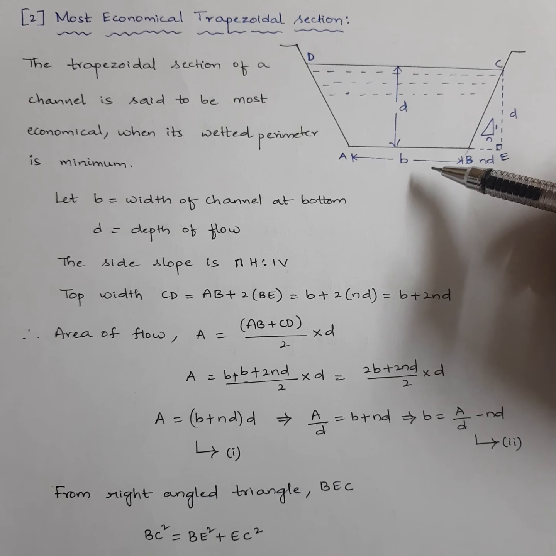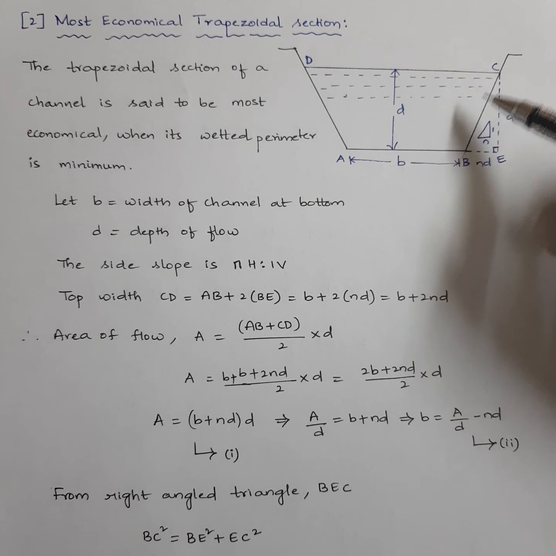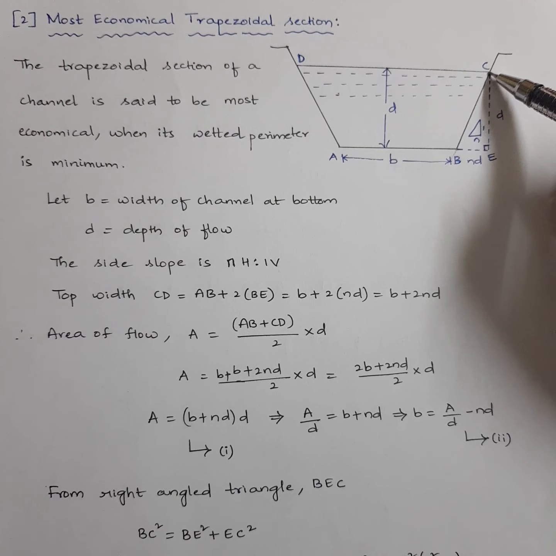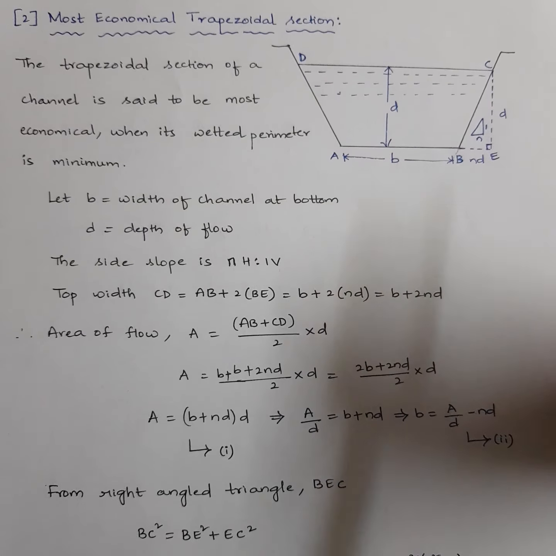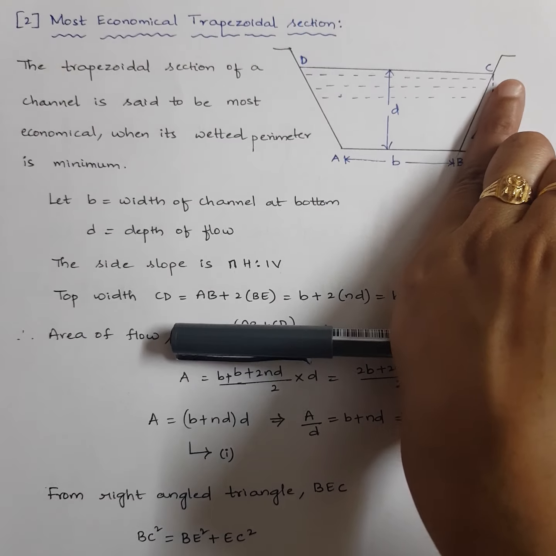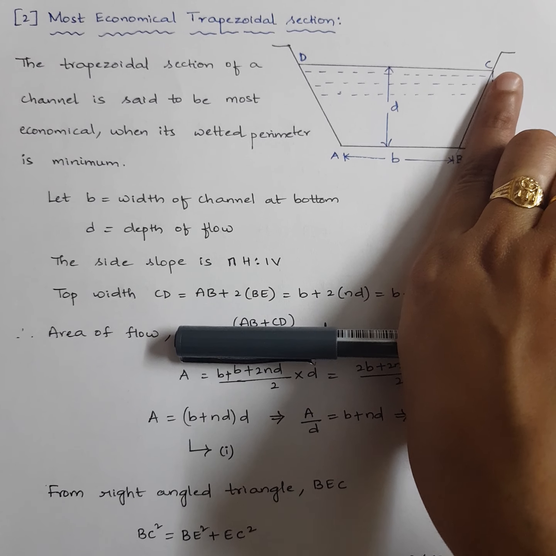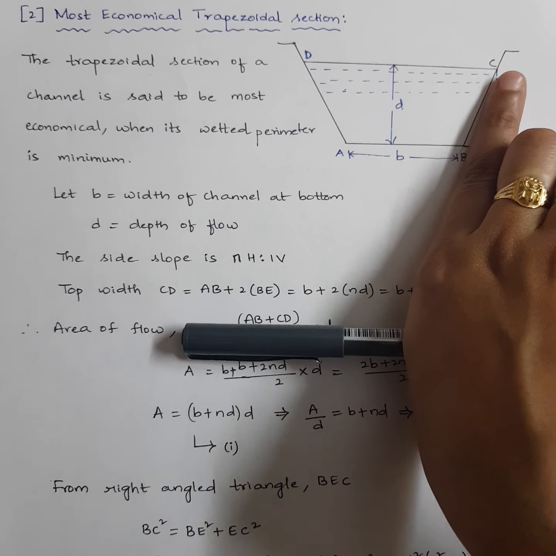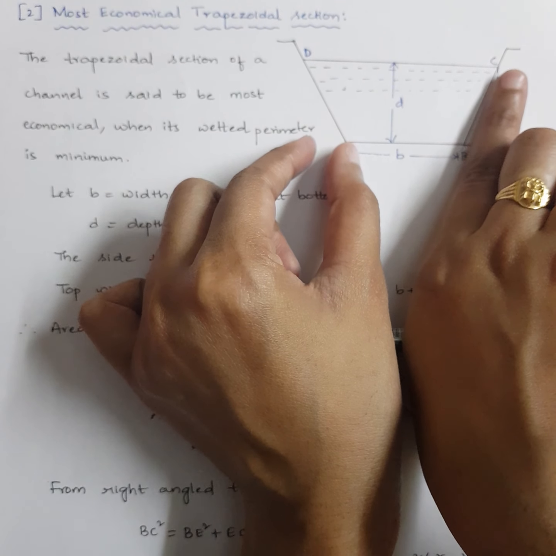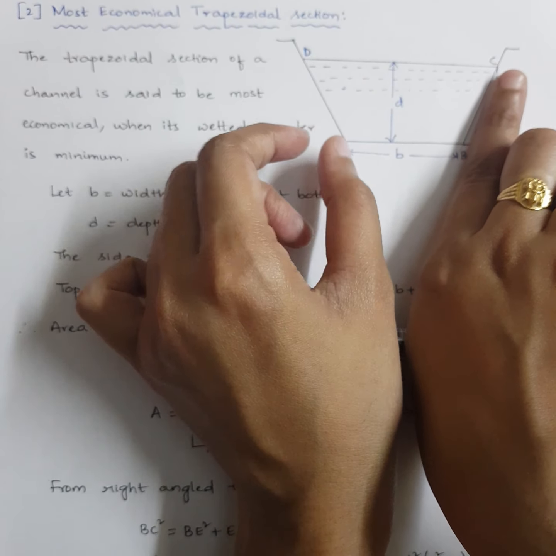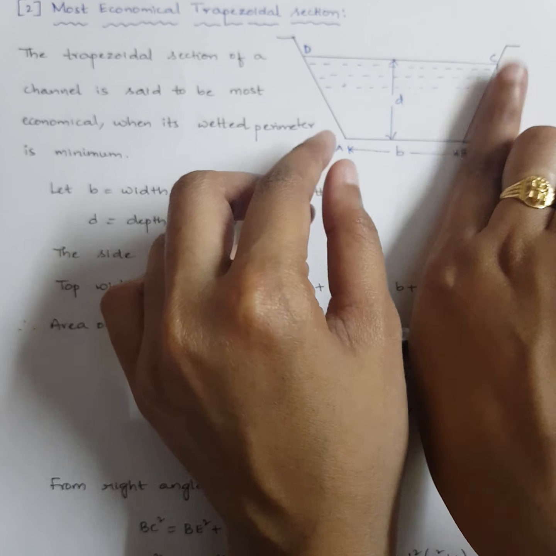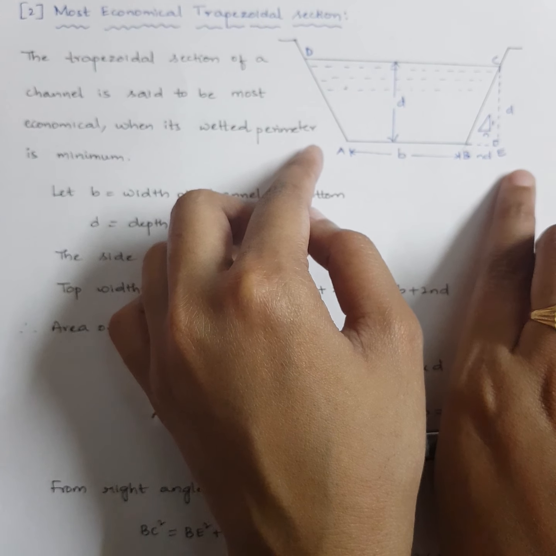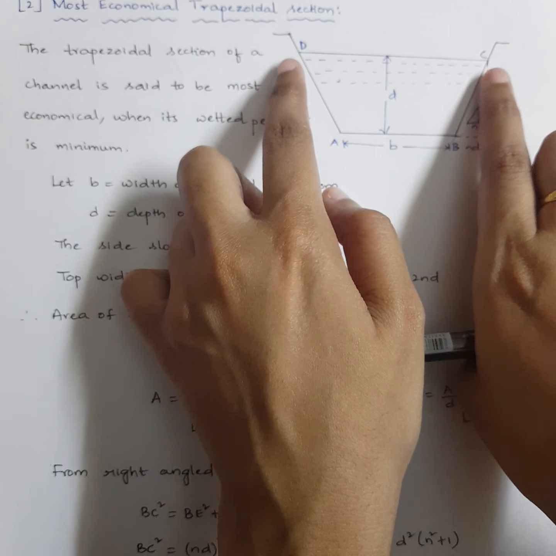Okay, it's the average of the two opposite sides into depth, correct? So to calculate area I compulsorily require the value of CD first. Initially this part was not there, like this our trapezoidal channel was there. Now, to calculate the value of CD I require this distance. Why? Because if you observe the total top width and bottom width, there are some gaps on either side. So first I have to know that distance, then only I can get the value of CD.